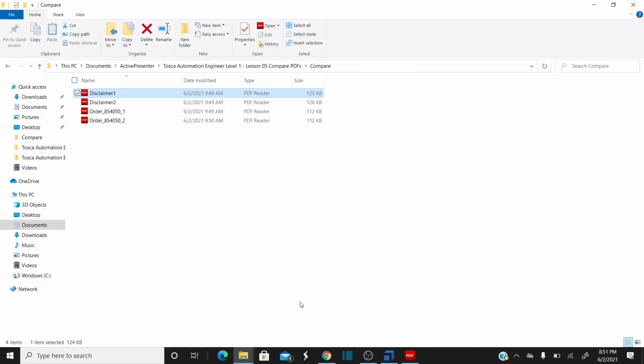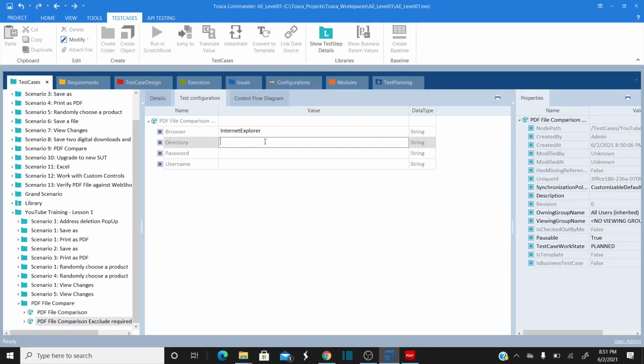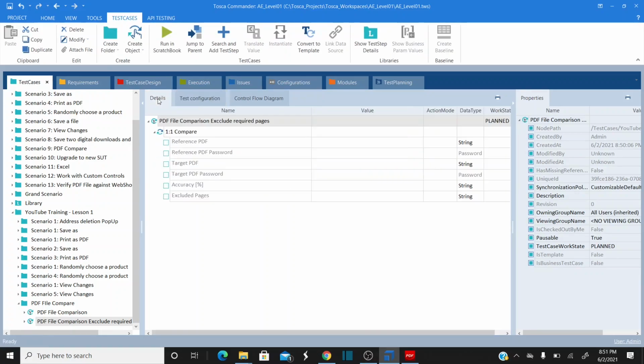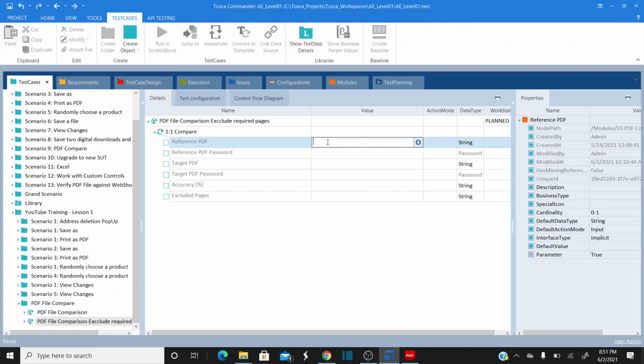Let me configure the directory first. Copy. This is my directory. Now let's call the directory in the reference PDF, using the CP configuration parameter.